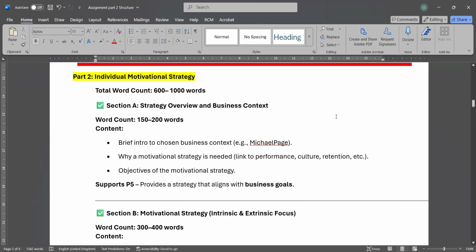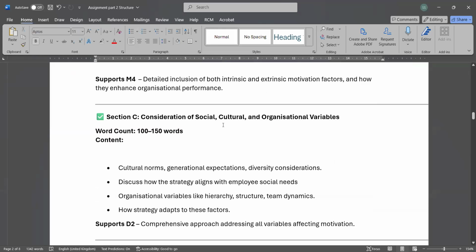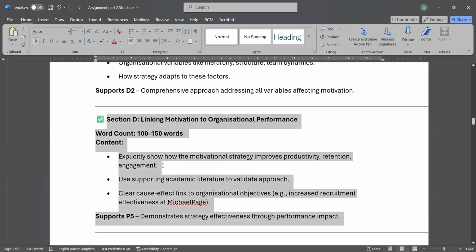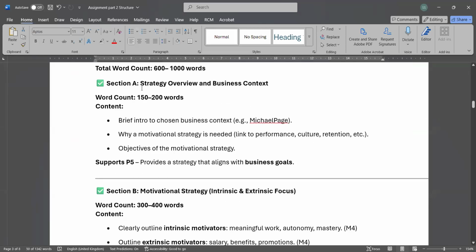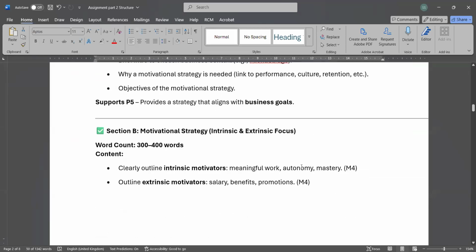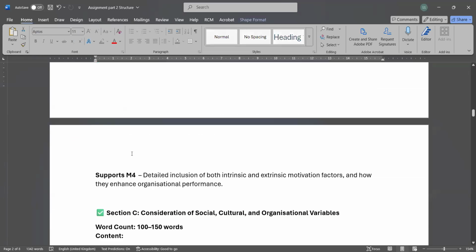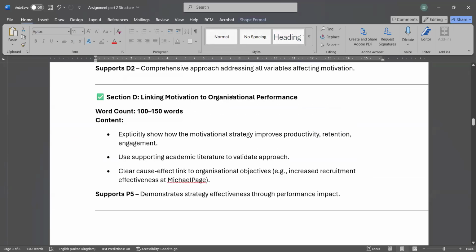I suggest that after section A, you bring section D after this one. Section D is linking motivation to organization performance.